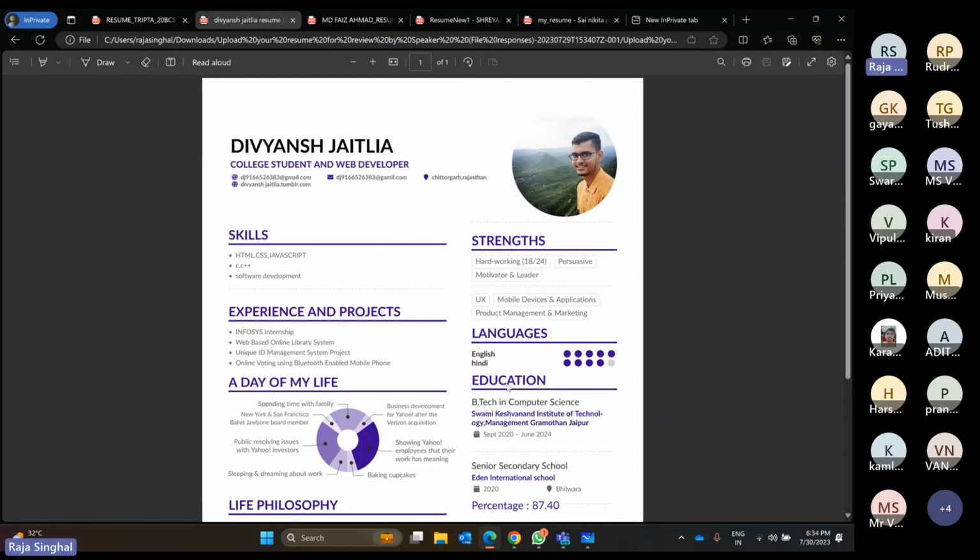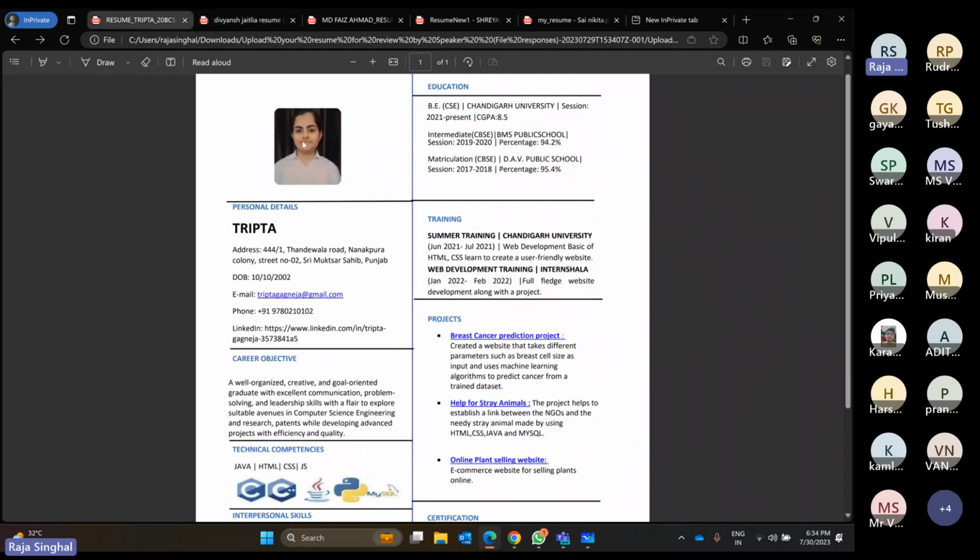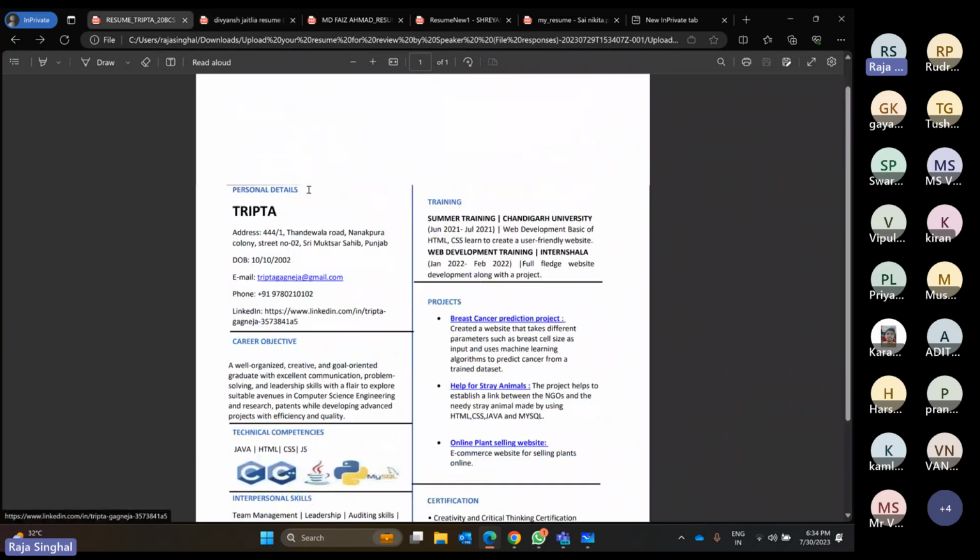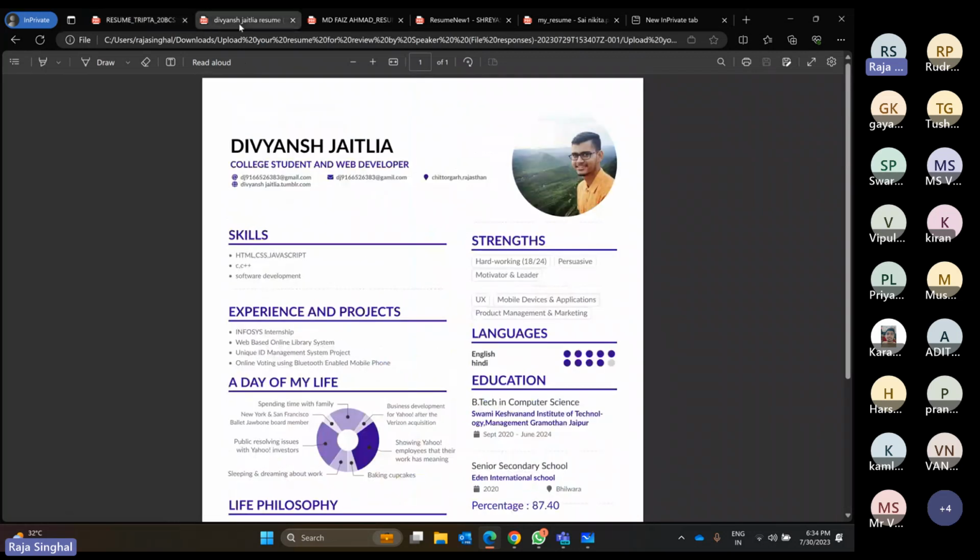Yeah, so these are the major points which he can improve in his resume. And one more thing is, I saw both resumes, and there is no coding profile link in these resumes. I think you all know DSA is very important for getting selected in any product-based companies. So your DSA profile link should be there in your resume.